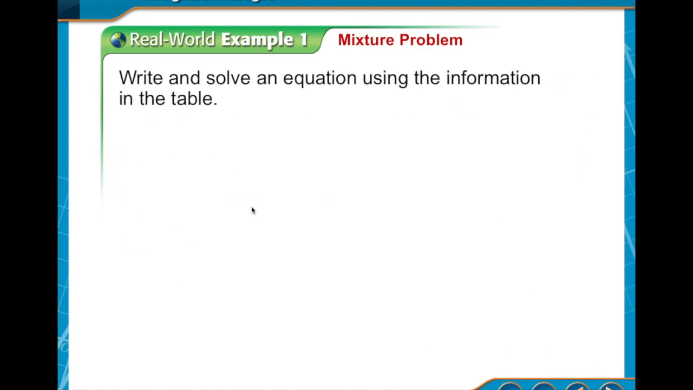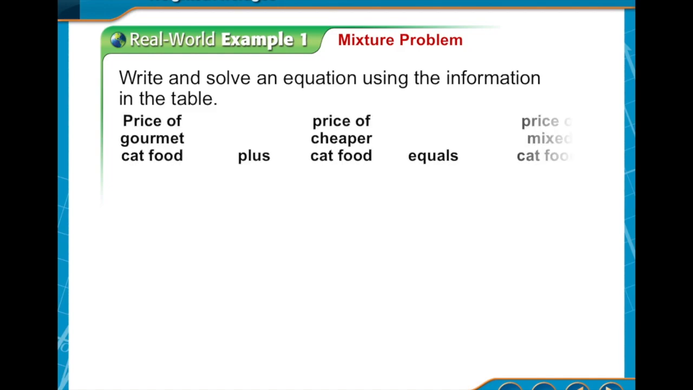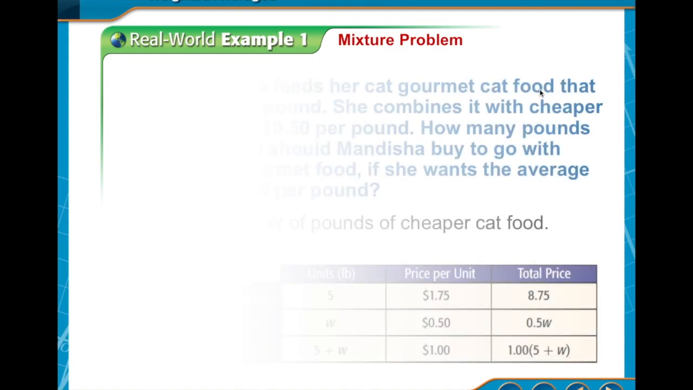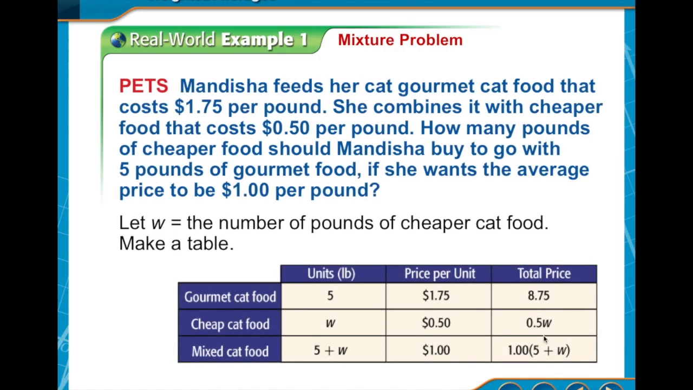So first, we want to write and solve an equation using that information. So we know the price of gourmet plus the price of the cheaper food must equal the price of the mixed food. So what did we say the prices were? These numbers here were the prices. So we'll use those